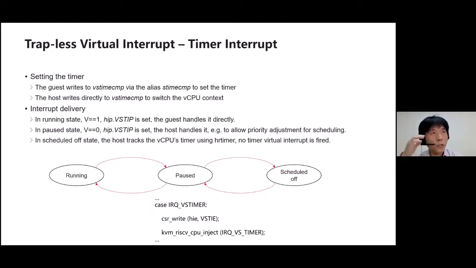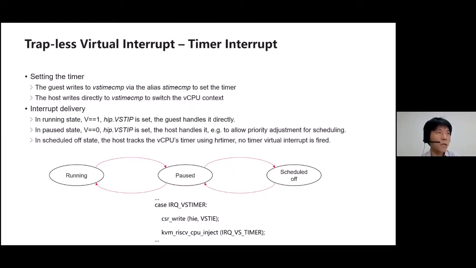For virtual timer interrupt, to set a timer, the guest writes to the VS time CMP CSR via the alias S time CMP. The host writes directly to the VS time CMP to switch the vCPU context. When a timer interrupt fires, if the vCPU is in running state, V equals 1, so HIP.VSTIP is set, the